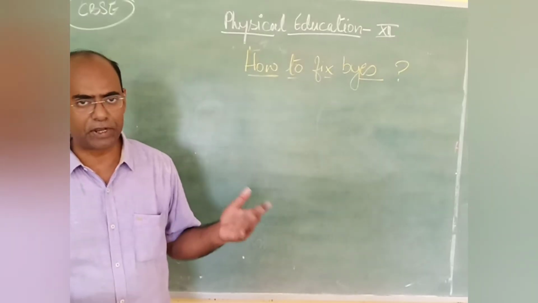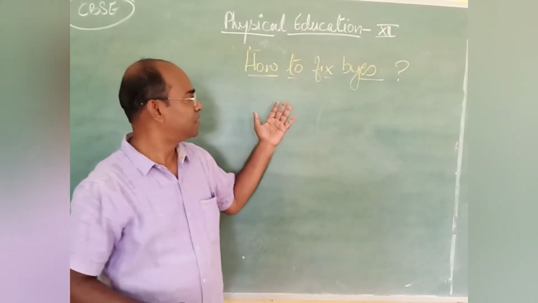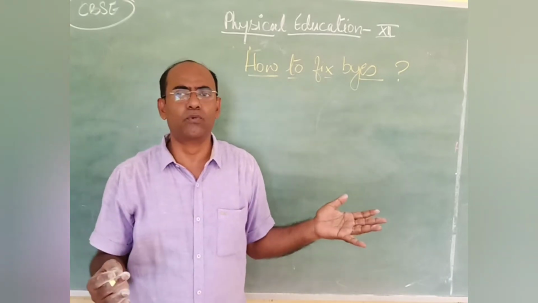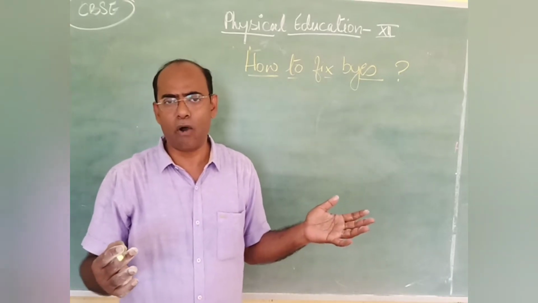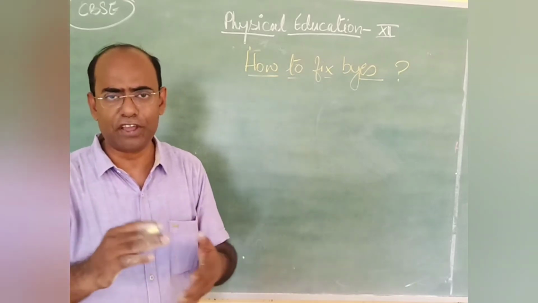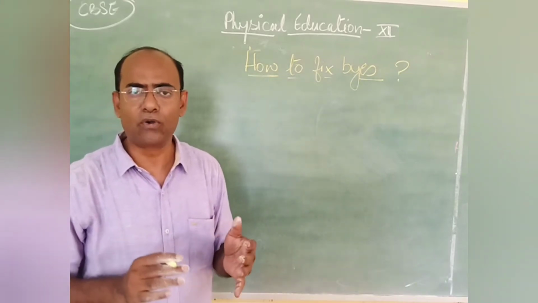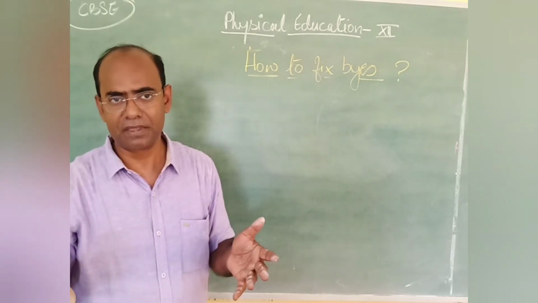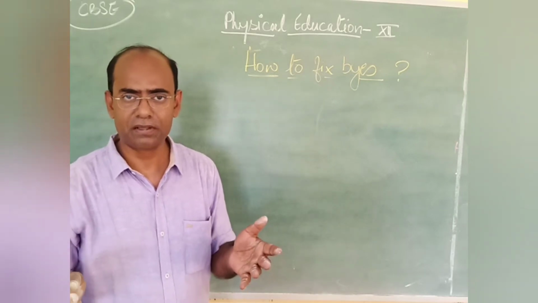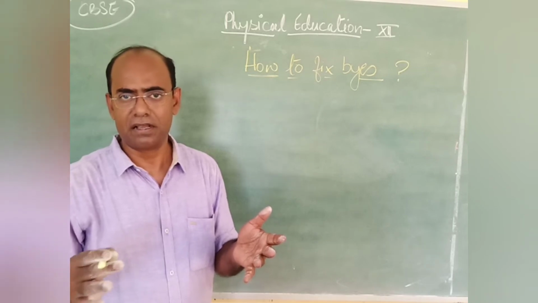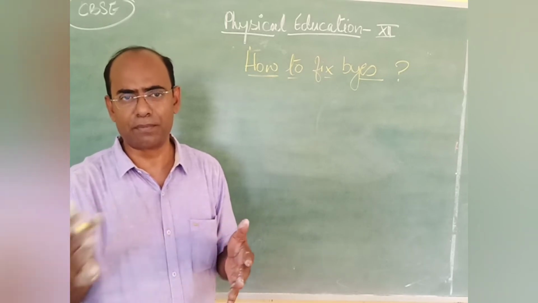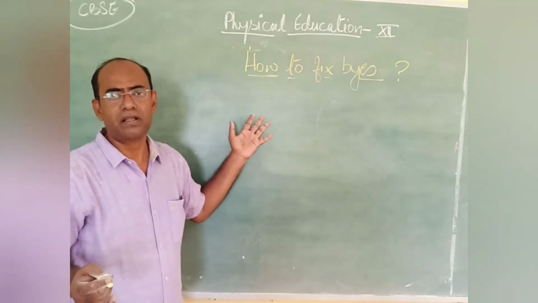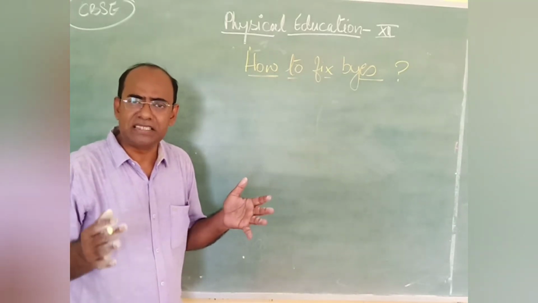So in this video we will start with how to fix buys. Now we have understood how to divide the number of teams into different halves, how to give buys into different halves. I think it's clear to all of you. Total number of buys divided by total number of teams. Okay, so next is buys, how to place in the fixture.